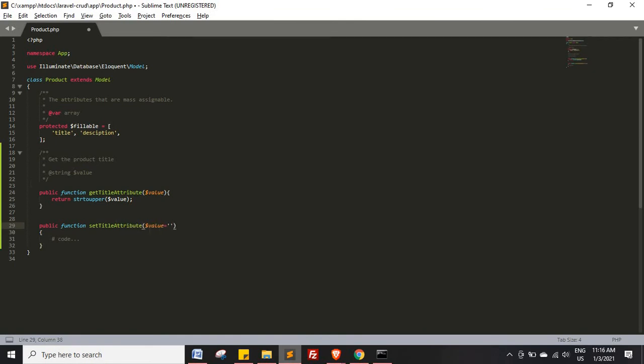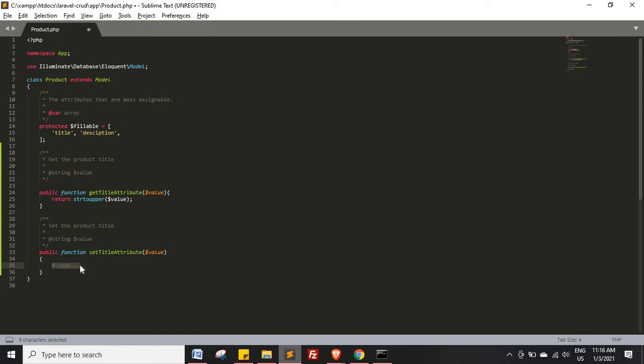Okay, and here also it will be same as set the product title. Okay, here also we will take value, and here what we are going to make, we are going to make str to lower.